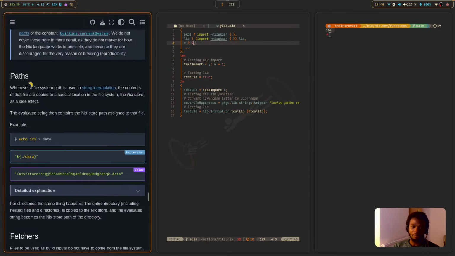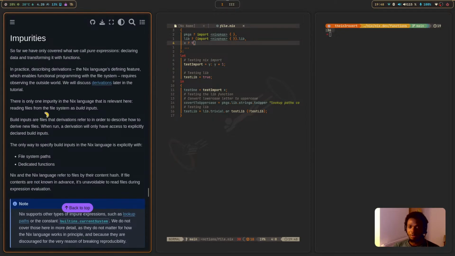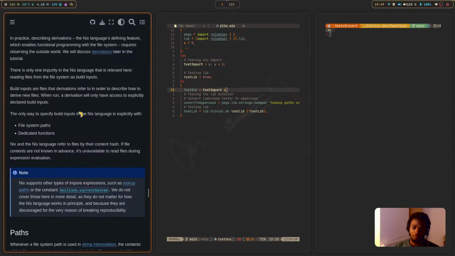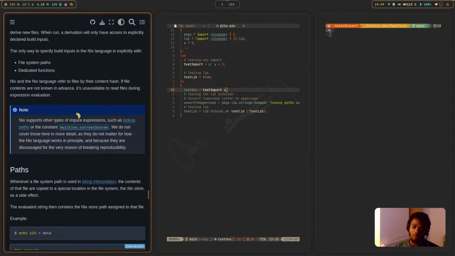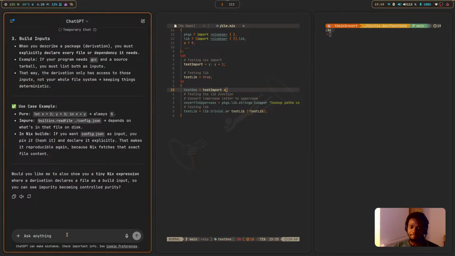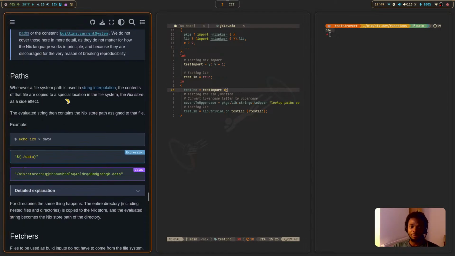So now let's look at paths. Maybe I do need an example of pure and impure. We're not given an example in here though. I don't want to use ChatGPT too much. Okay, so now let's go to paths. Whenever a file system path is used in string interpolation, the contents